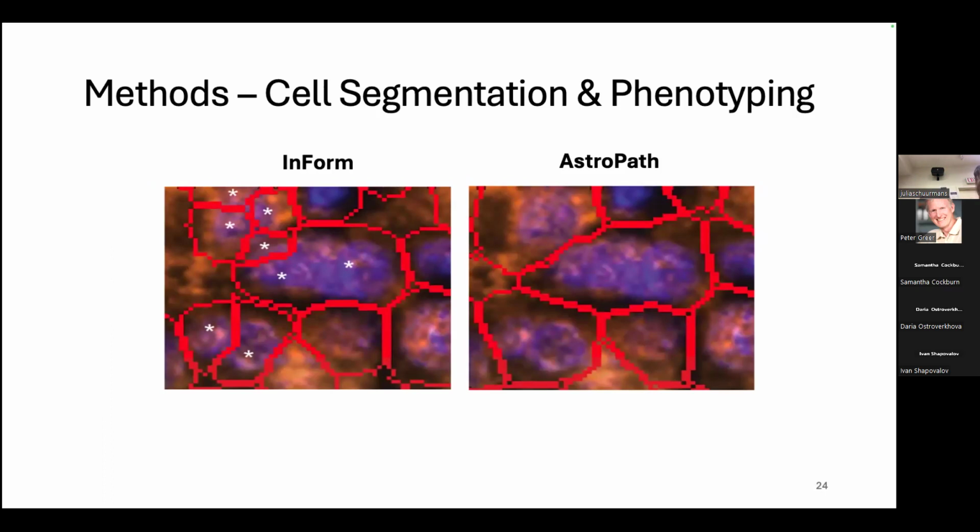Well, AstroPath has been able to develop a new way to go about cell segmentation. This involves machine learning, where the machine will go in and look for big cells and small cells, separate them out, and then segment them from there. Because the issue that they found was that in Inform, they're unable to tell the difference between big cells and small cells, and will try and segment big cells like small cells or small cells like big cells, and can't differentiate between the two. So what AstroPath was able to do was create the differentiation, and then they decreased over-segmentation by 25%.